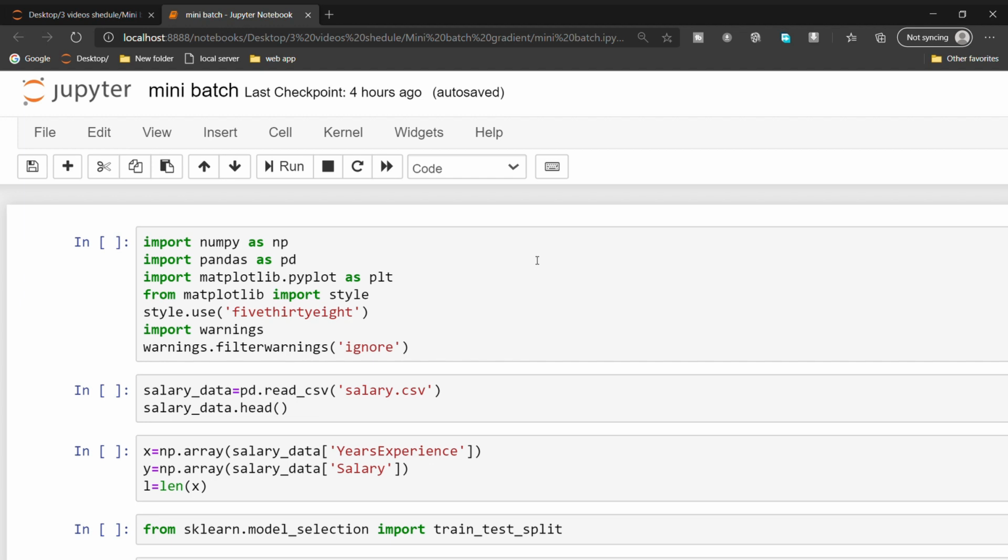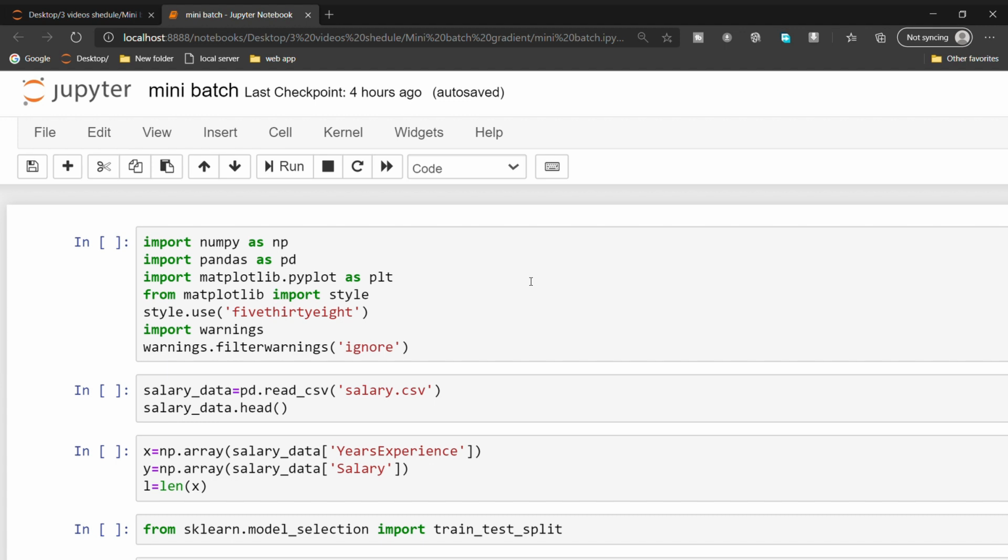So in this video, I'm going to discuss mini batch gradient descent, how to do it from scratch in Python. In the last video, we completed stochastic gradient descent, and in the video before that, we completed gradient descent also. In those videos, we did it in a very simple way. But in today's tutorial, I'm going to take you to the next level. That means I'm increasing the difficulty level while creating our model. I'm including some classes and functions. We need to write some functions inside the classes.